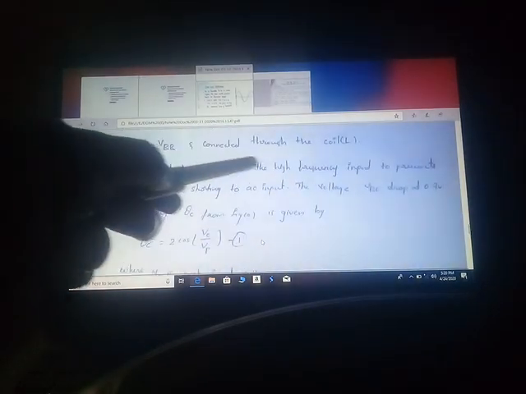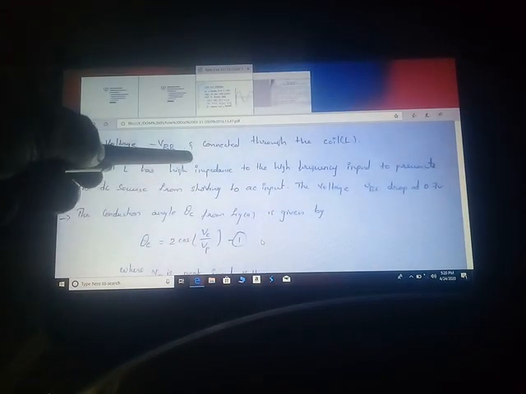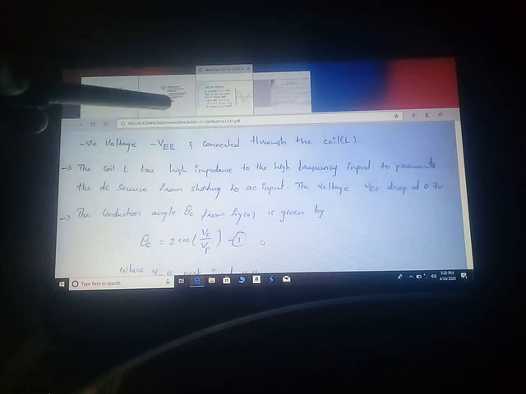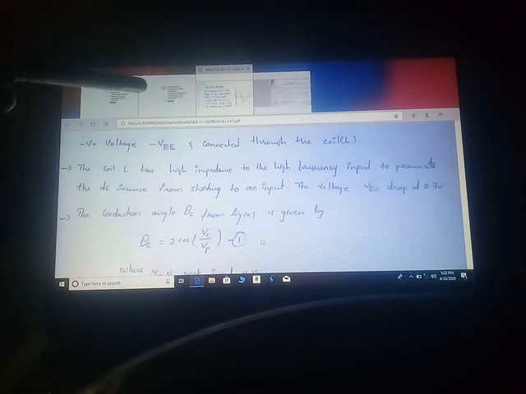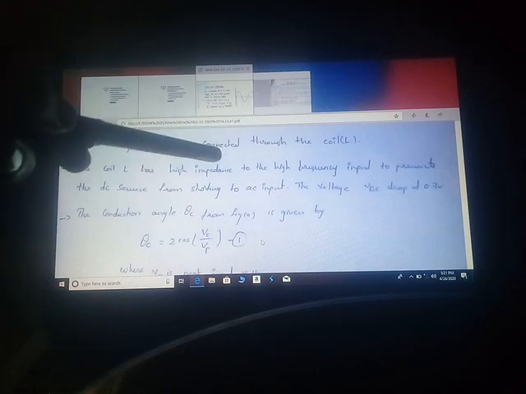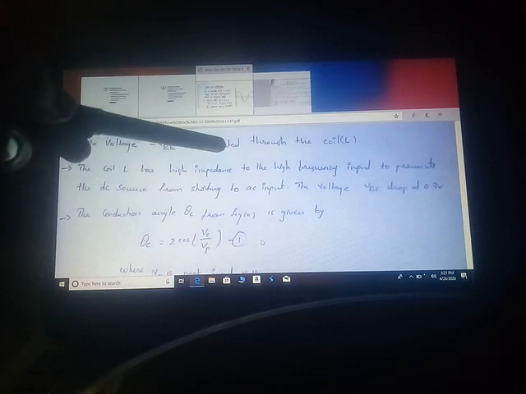The next point is that the voltage VB is dropped to 0.7 volts. Why is the voltage dropped to 0.7 volts? We already discussed this at the transistor level. Whenever you calculate input or output characteristics, the constant input voltage must be 0.7 for silicon and 0.3 for germanium. Here we are taking the silicon NPN transistor.